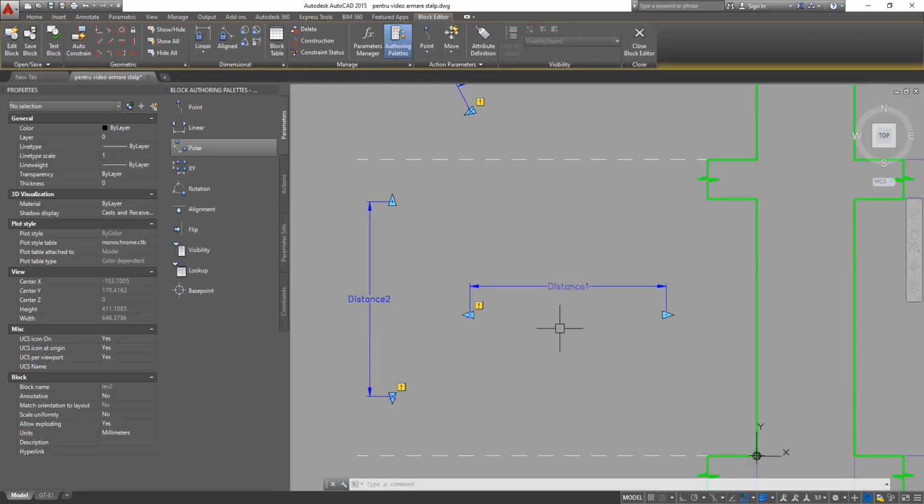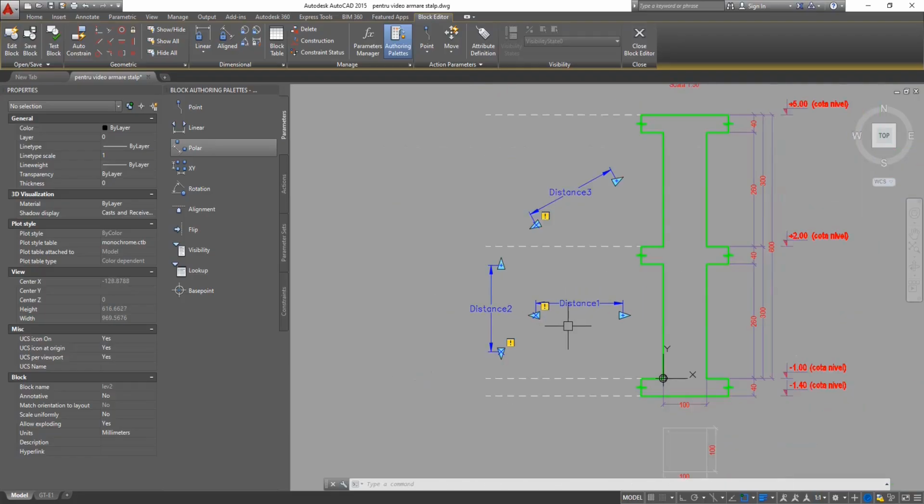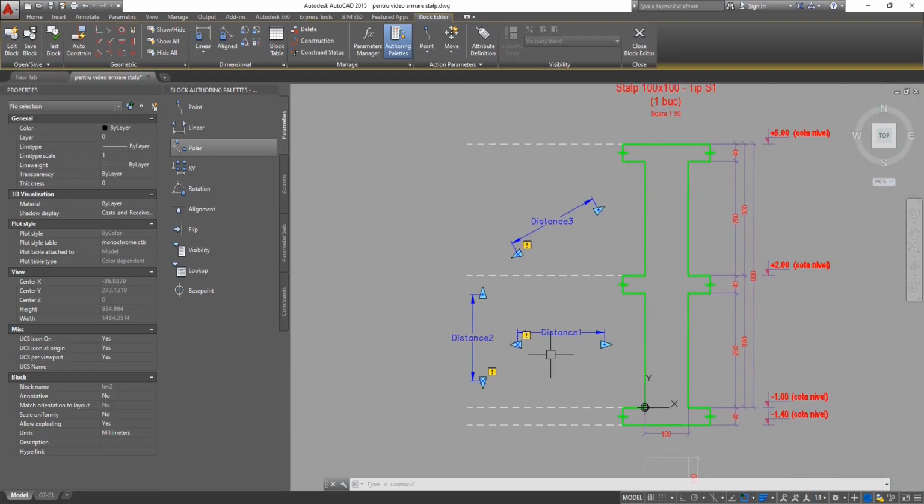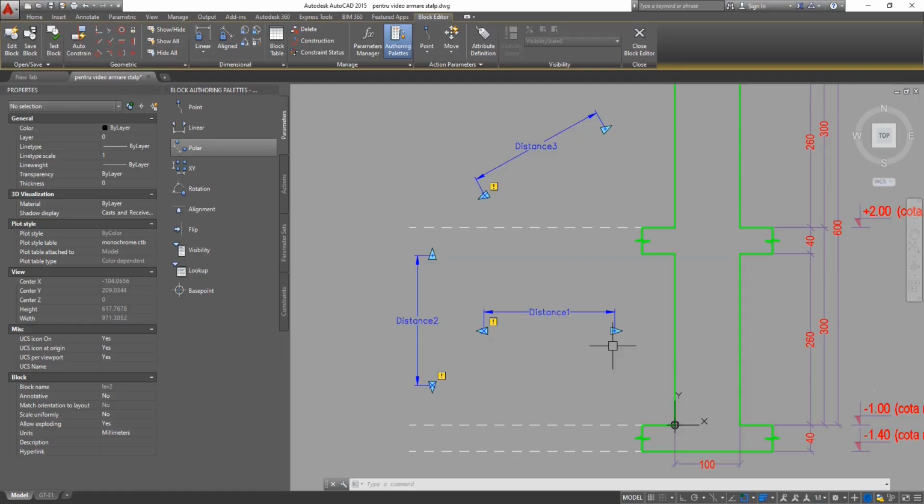Now you must pay attention because this is very important. You must take into account what exactly you want the block to do. Which is the way you want it to stretch or move things, because the starting point of the parameter and the end point are very important. Why? Primarily, the end point will be the one that will bear the actions. I said primarily because, in fact, they both do,